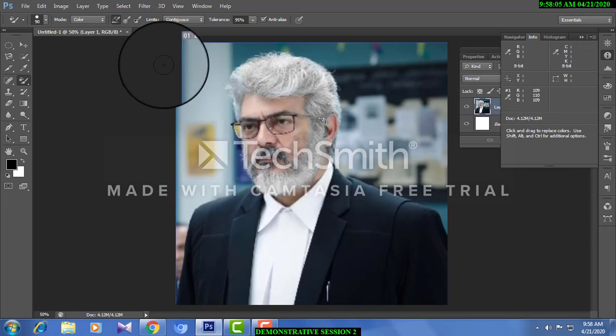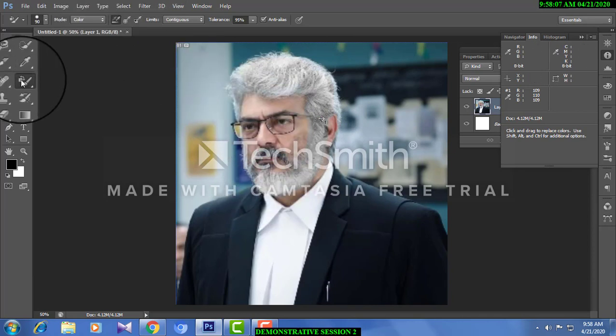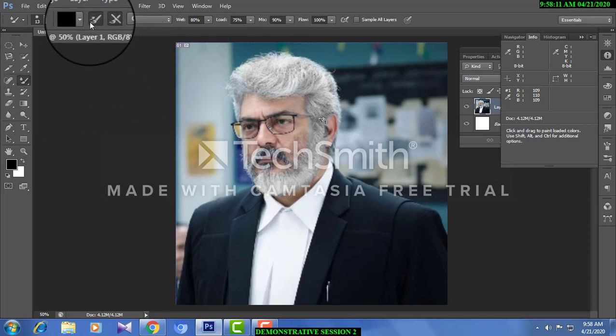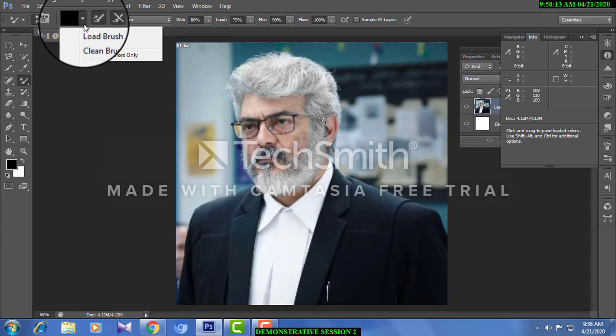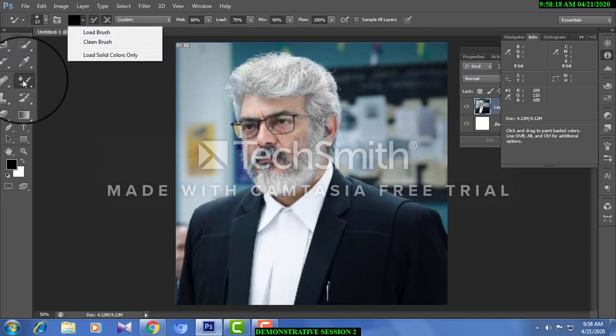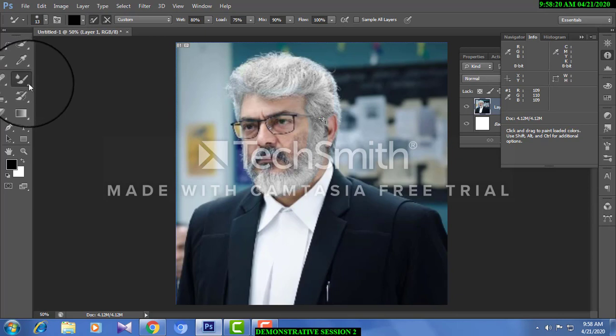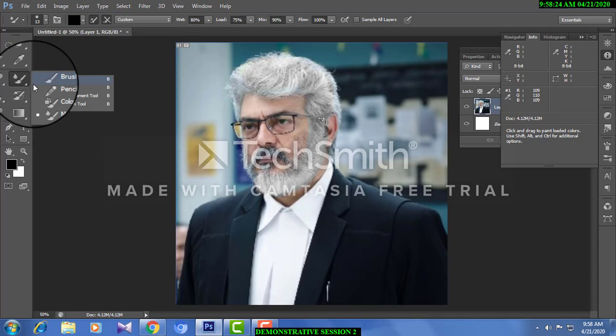It will work out. And my dear friends, the mixer brush tool means you can mix 2-3 brushes and use it. You will see it later. It is enough that you be conscious of the brush tool, pencil tool, and color replacement tool.